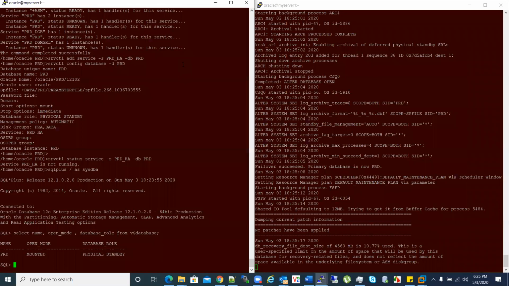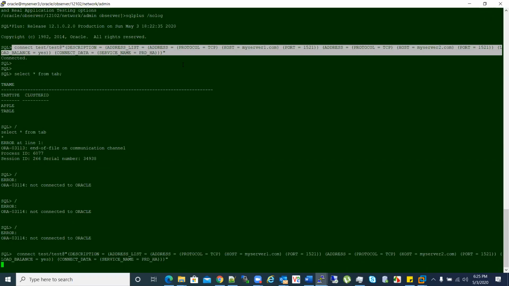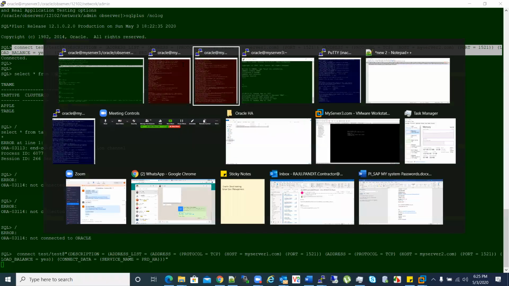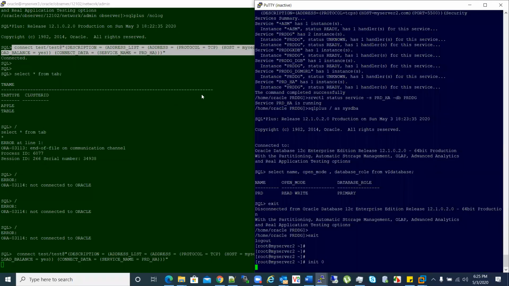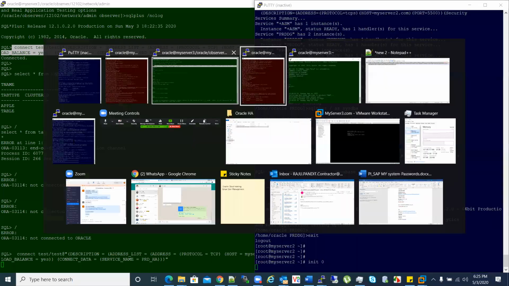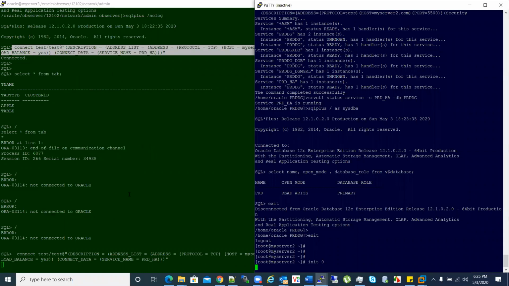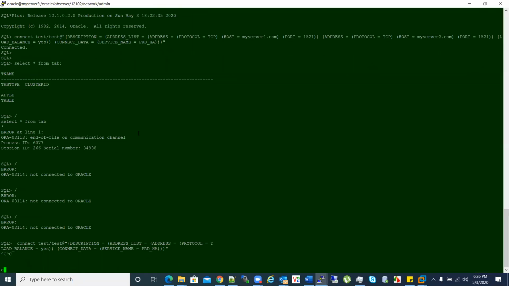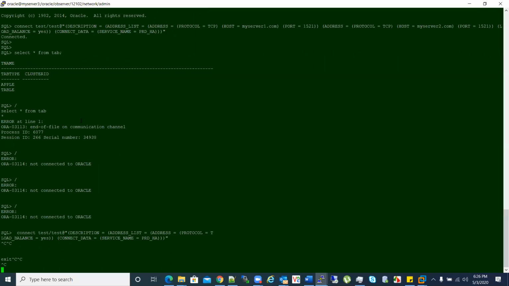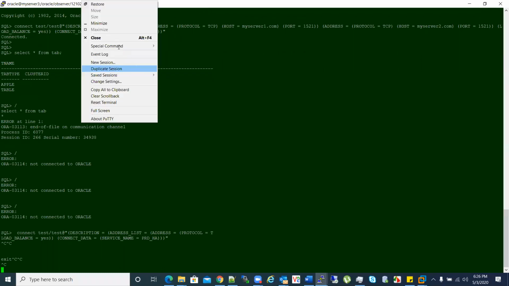But if it is your server, it will be done within a minute, and not even that. So the failover would have succeeded by now. I don't know where we can see. Can we see here? It says new connection is prd, but why are we not able to connect? That's the one problem.